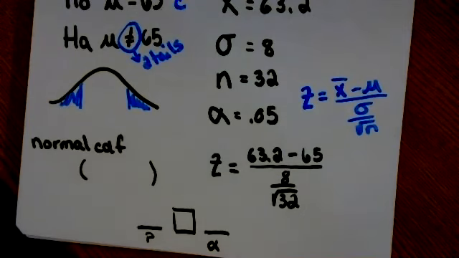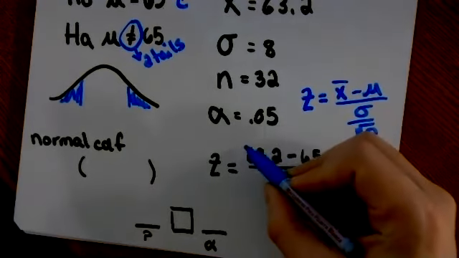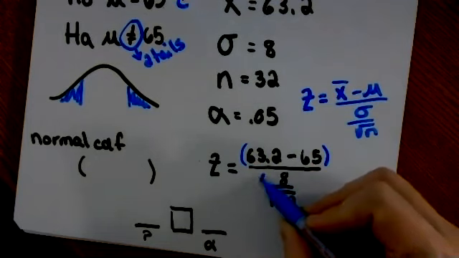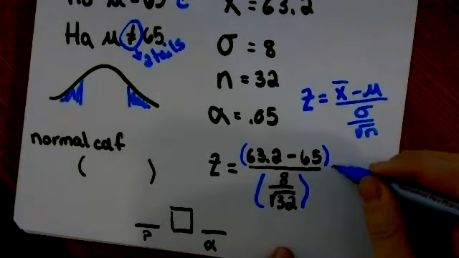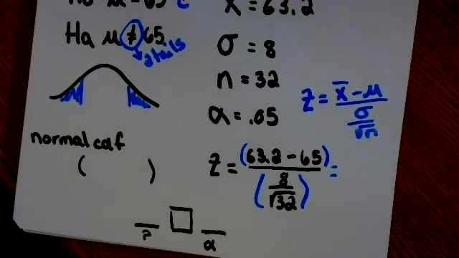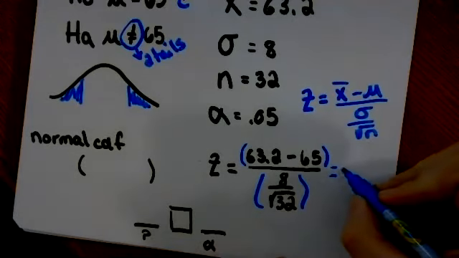If you're going to plug this into a calculator all at once, just be careful that you group the numerator and group the denominator together to get the right answer. When you put that into the calculator, I always round my z-scores to 2 places. I get negative